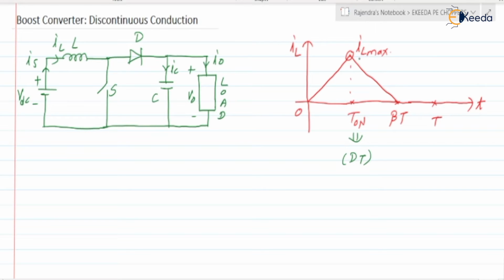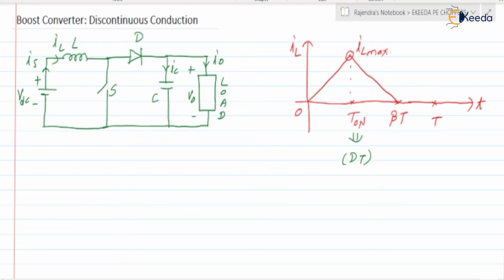Next, when the switch is in the off state, the inductor goes on releasing the energy. So here the inductor releases the energy through diode D, the load, and again back to the VDC. In this loop the inductor releases the energy, but before applying the next on time to the switch, the inductor has released the energy fully.